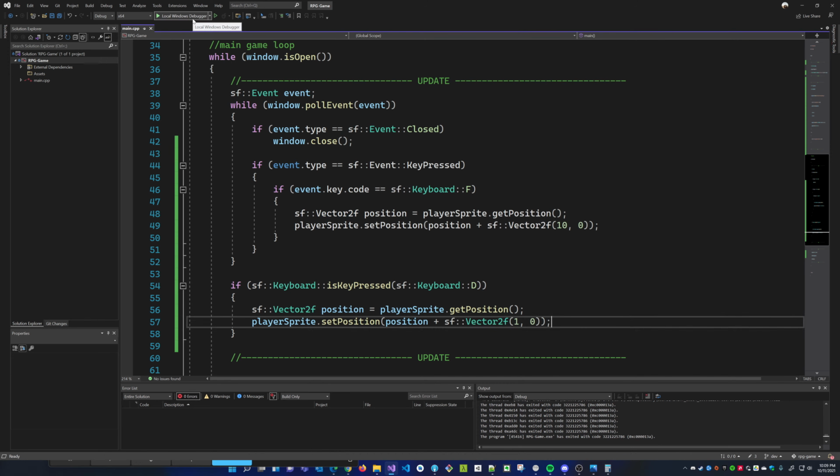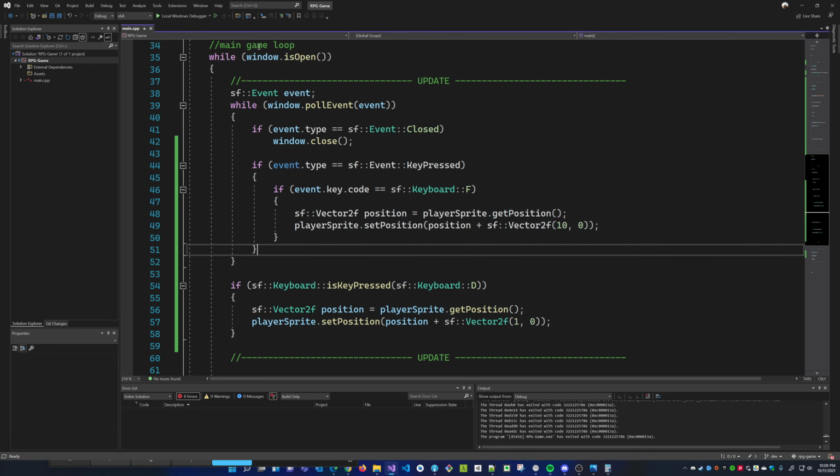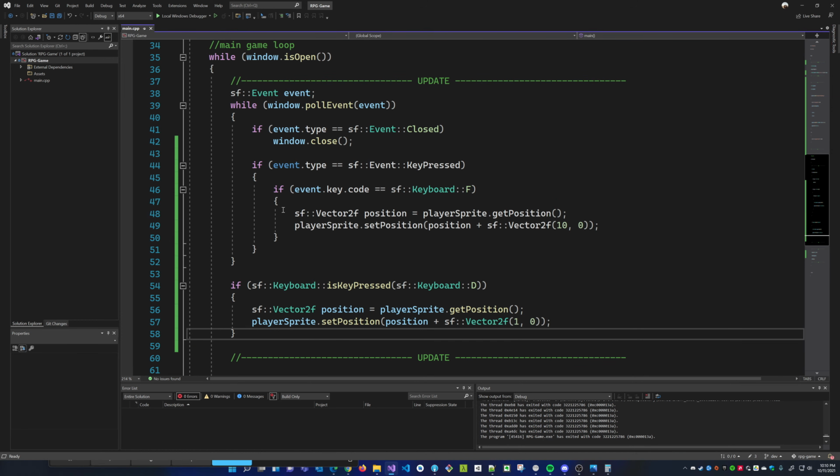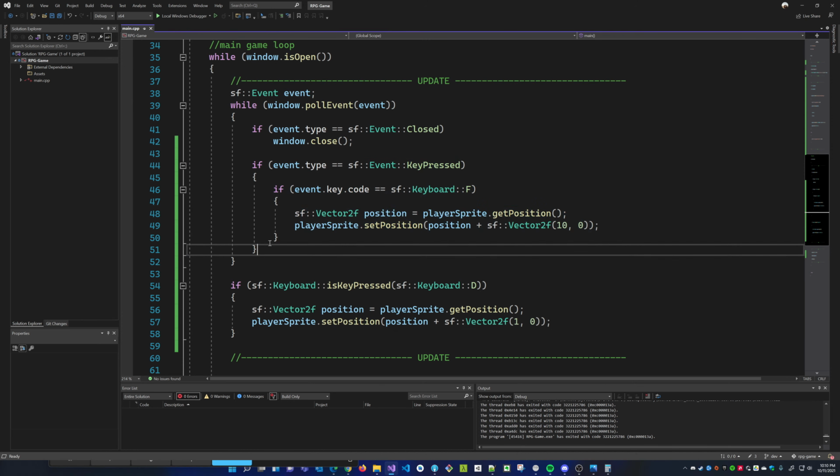Even if my frame rate is locked at 60, 60 frames per second is still faster than the event loop, so he moves faster. So my movement code is now dependent on how fast my game is, which is not good. Because if I'm running the game on a slow computer, my movement speed is going to be really slow. If I run it on a faster computer, my movement speed is going to be extremely fast, to the point where it can be unplayable. So it's not very good that this movement speed is tied to my frame rate, but we'll talk about that later.